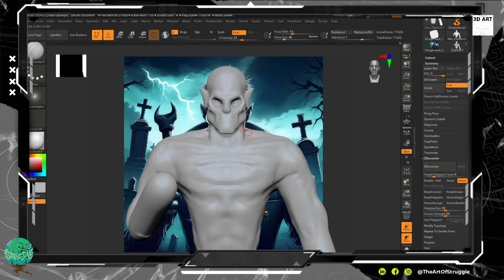But yeah, it's the closest we can get to working with real clay. I'll say that. Reduce the intensity of my DamStandard brush. Smooth these back out. And I'm just gonna draw a line for the